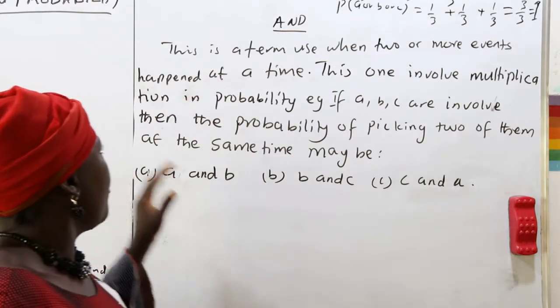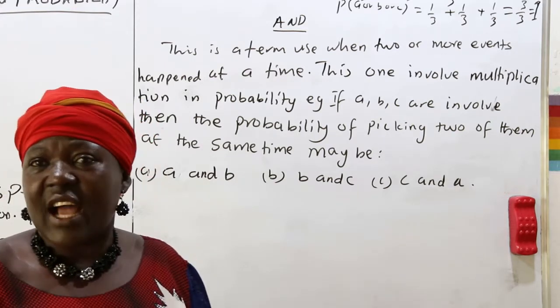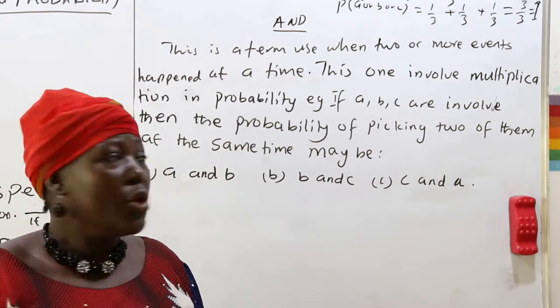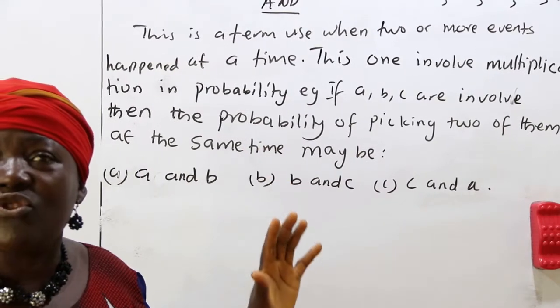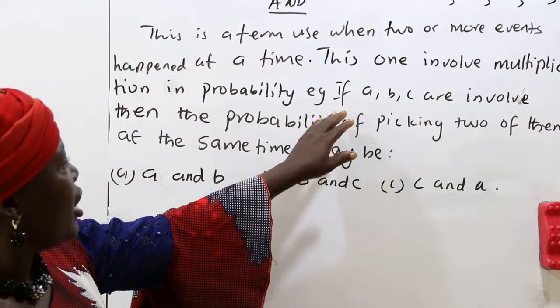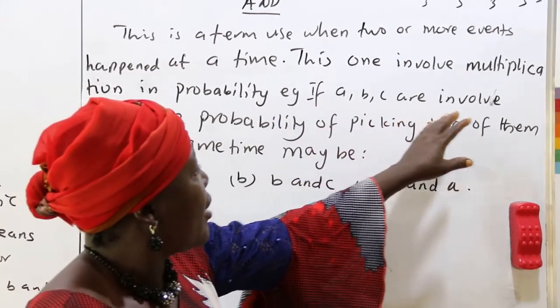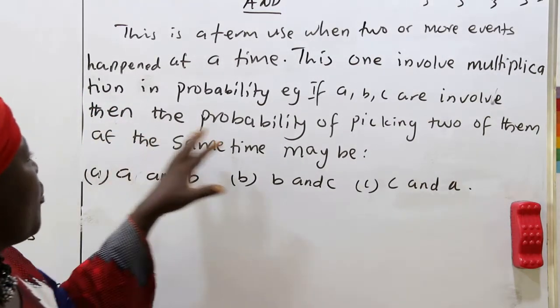This one involves multiplication in probability. So if two things are happening at the same time, okay, then you will now look for their probability by multiplying their individual probability. For instance, if A, B, C are involved in a particular issue, then the probability of